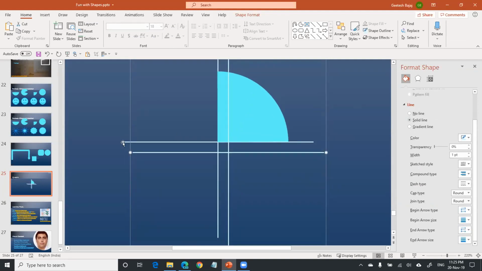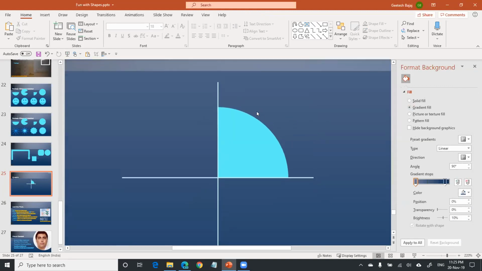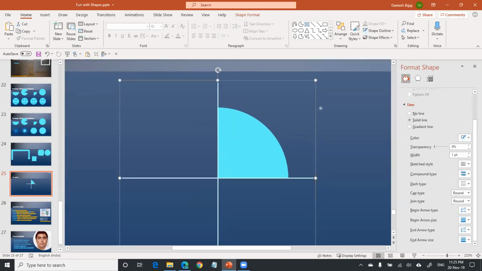So I have two of them. Make sure I choose align left and align top. So we actually have two of them on top of each other. Take the one that's on the top here and make that into 24